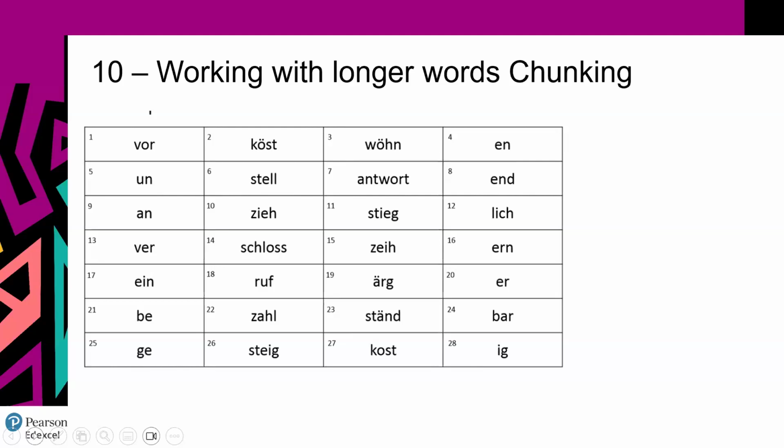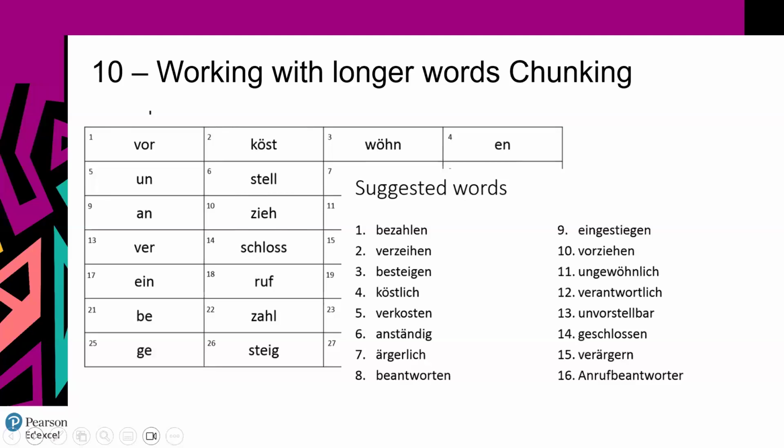But we could say, how would you pronounce number 17? So say ein. How do you pronounce in German number 21? B. How do you pronounce 25? G. So you just do the syllables. And then once you've worked the syllables like this, now let's listen to the words I'm giving you. For example, I may say to them, bezahlen. So they have to say B, sa, and then len. So bezahlen. Either I say the words and they've got to tick the syllables I'm saying,